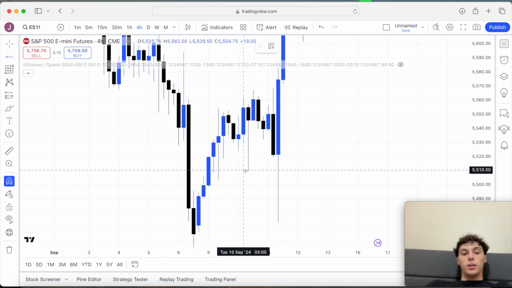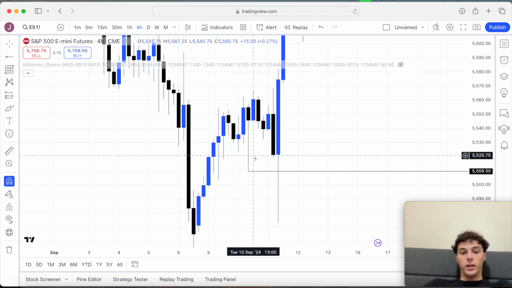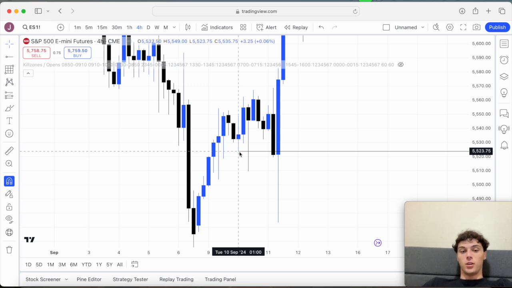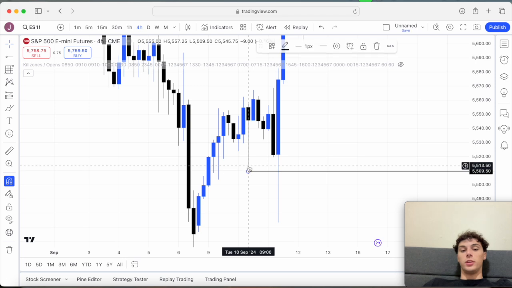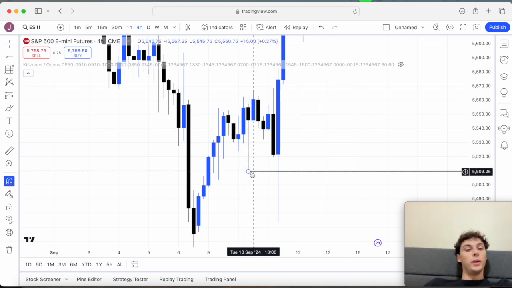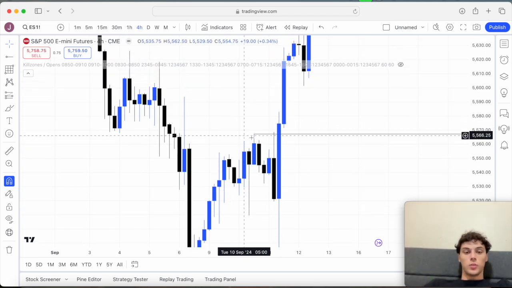You wouldn't have been looking here for a break of structure. That would have just been liquidity. You wouldn't have been looking here for a break of structure. That would have just been liquidity as well. And this liquidity was already taken from this wick right here. So if liquidity gets taken as well, so right here,